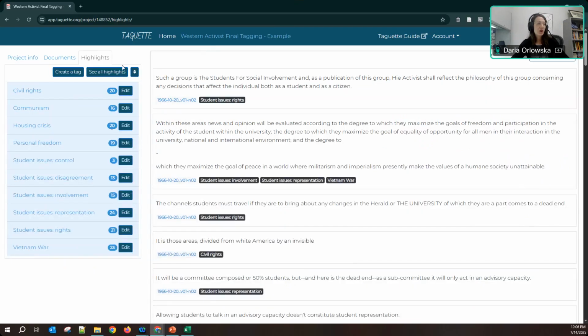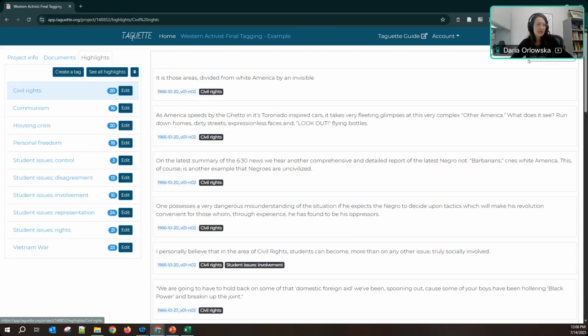This is exporting all the highlights. You may also choose this for a specific subset of a highlight. I'm not really sure why you would do that. Maybe you only want to export civil rights, and then you can export this view the same way. Or you may choose to export all of them separately and have them as different spreadsheets. That's your prerogative, right?